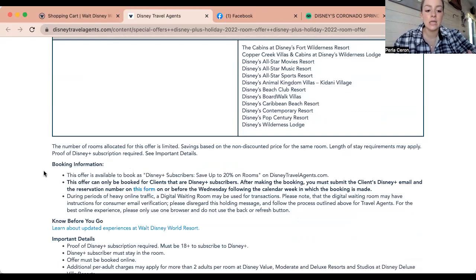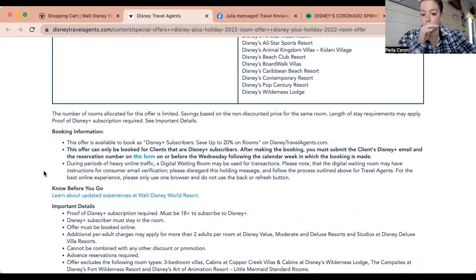Okay, so we can see here, let's say someone reaches out to me that they want to book this trip. This offer is available only to Disney Plus subscribers, right? And it can only be booked for clients that are Disney Plus subscribers. After making the booking, we should submit the client's Disney Plus email and reservation number on this form on or before the Wednesday following the calendar week in which the booking is made. So essentially, I would then be responsible to submit the necessary information to Disney to guarantee that my clients are going to get this 20%,